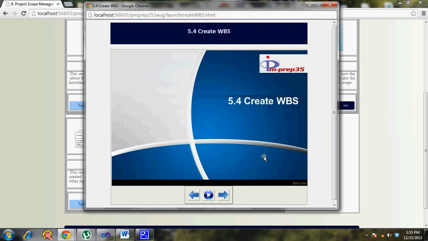The WBS dictionary is an additional document that comes with the WBS. Because the WBS is a hierarchical structure where you can't write too much information, whatever information you want to write is part of the WBS dictionary. The dictionary has more details about each code identifier you allocate to each WBS component.